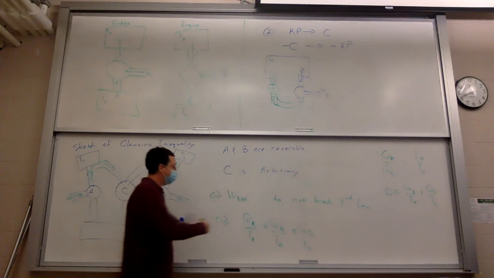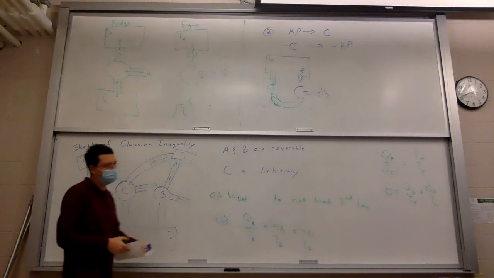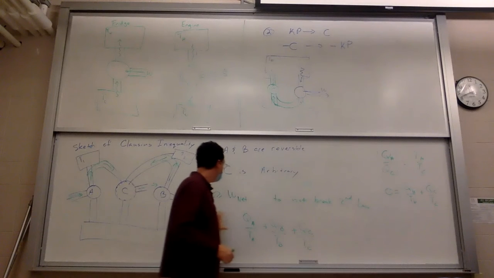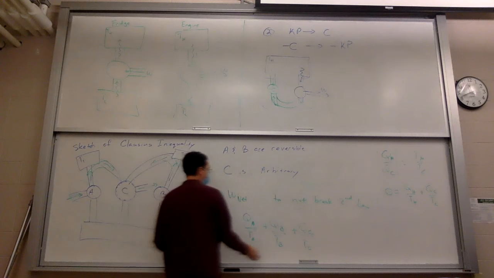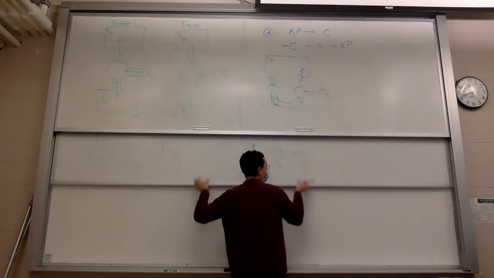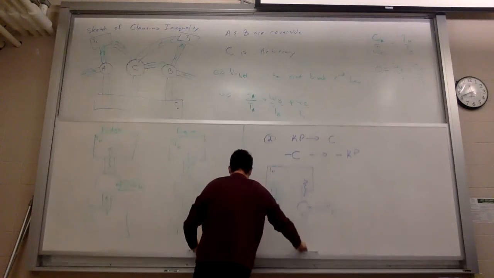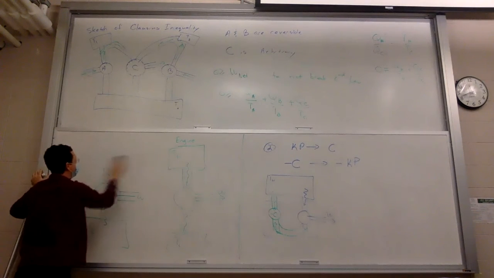Okay? But because this is an arbitrary thing in the middle, this equality must hold always for any system. So we get the following result. It's called the Clausius inequality. Now, I'm being kind of sketchy here, but I'm just out of time.